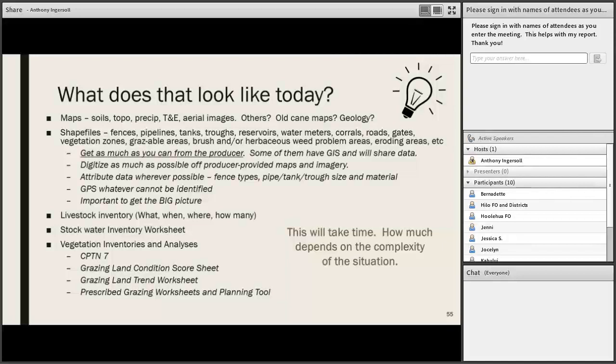using our vegetation inventory and analyses tools. So we're going to get some hands-on experience with these and training and practice with these next week. We have our Conservation Planning Tech Note 7, which helps us to inventory vegetation on a site, our grazing land condition score sheet and trend worksheet, and then our prescribed grazing worksheets and planning tools. These are all at your disposal, and some of these are kind of required in order to populate your resource inventory worksheet or checklist, but they're all meant to